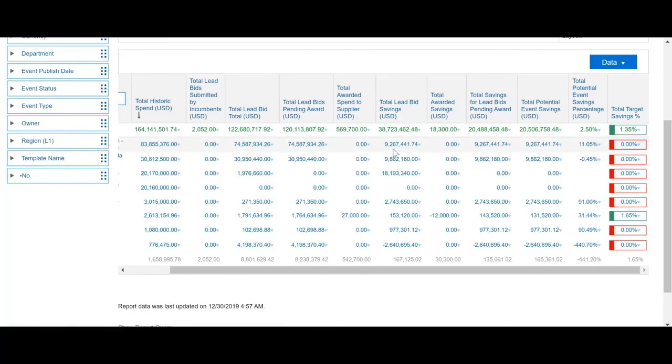You could use similar criteria to come up with a color code for a specified field. It helps you summarize the entire report in a specific manner, but would also help you identify the row or the event or the project wherein an action is needed. For instance, if you identify that there is an event wherein the savings is lesser than average or lesser than target, then you could flag that event and reach out to the event owner to understand why a specific event has not met its target savings.